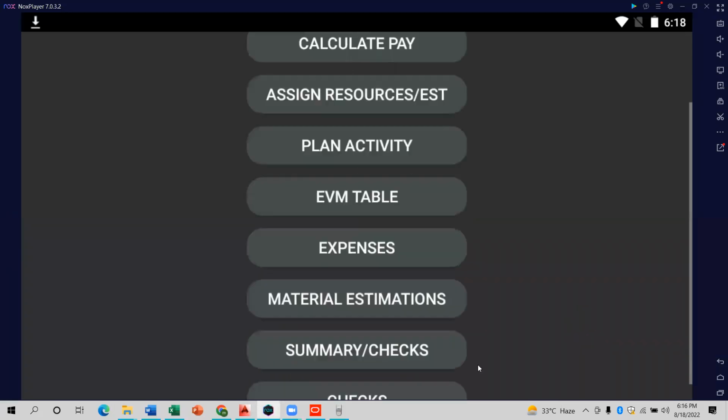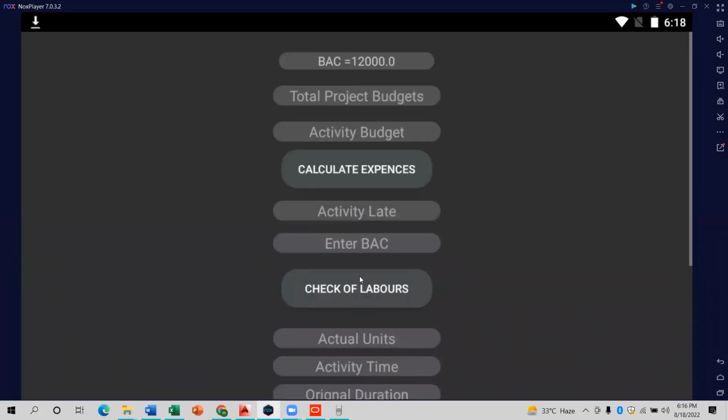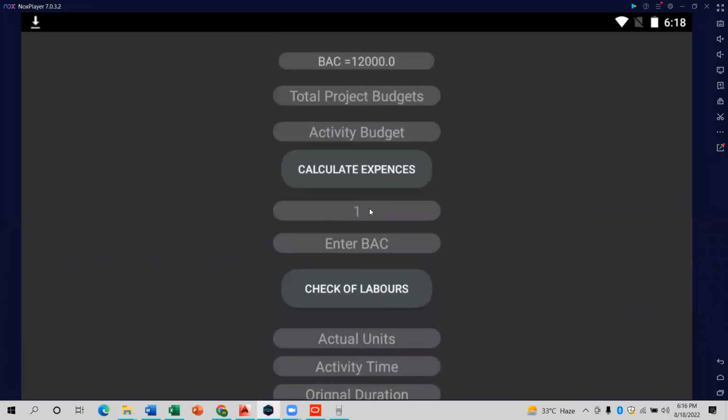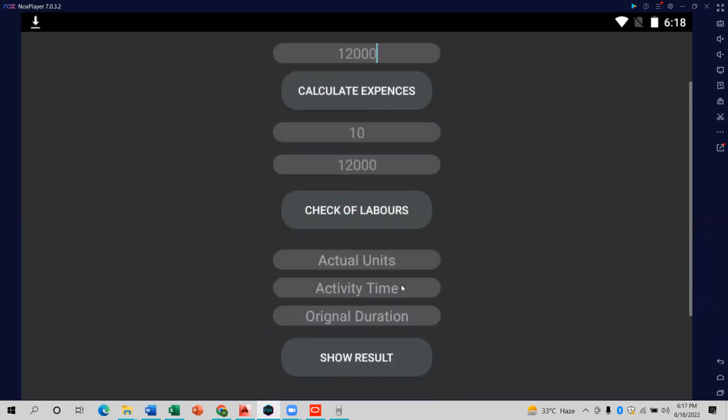When you go back and put here first of all activity late, how much late, 10 days late, BAC 12,000, that is 3 lakhs, the activity budget. Actual units is 0.3002. But what is the activity time? It means that your original duration was 37,